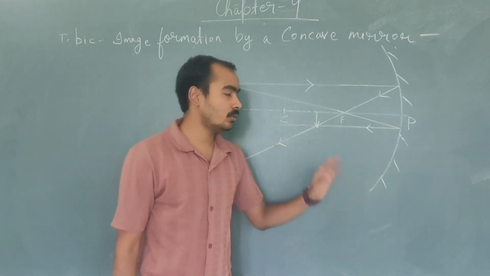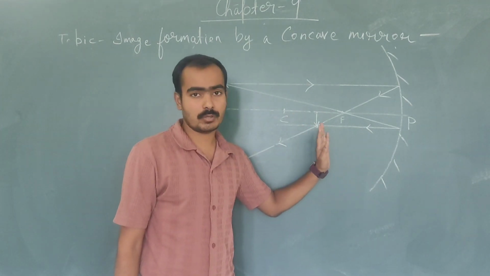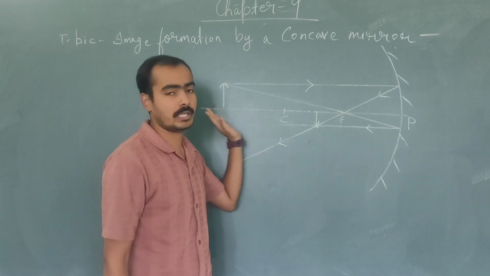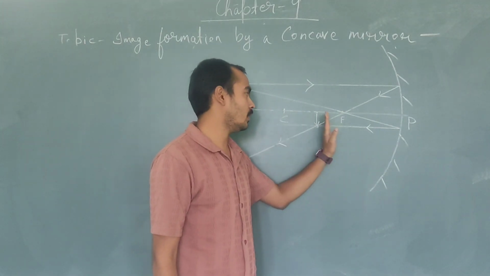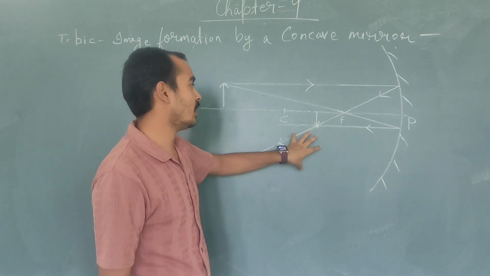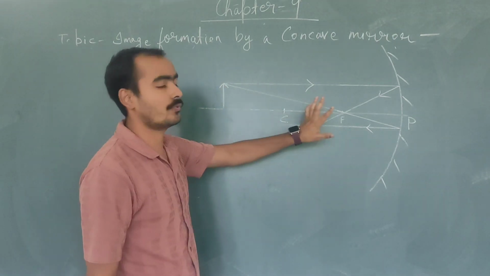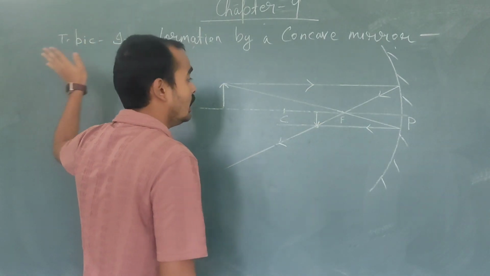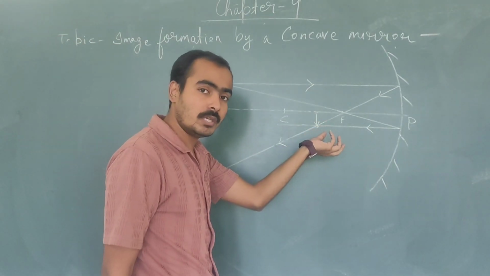Okay? So this is one of the diagrams where the object is kept beyond the center of curvature and the image is formed between center of curvature and focus. Like this, there are 6 diagrams of concave mirror where at first we will keep the object in infinity, then we will see the properties of the image and where the